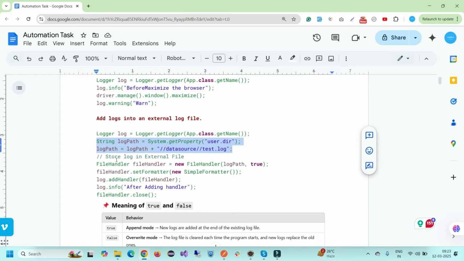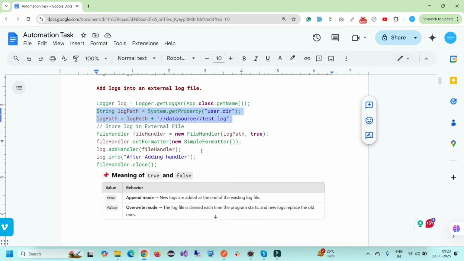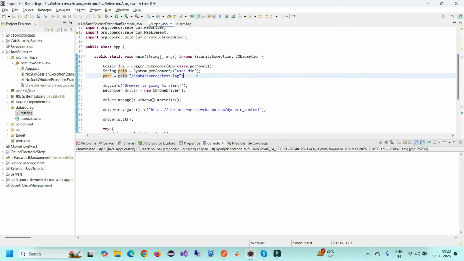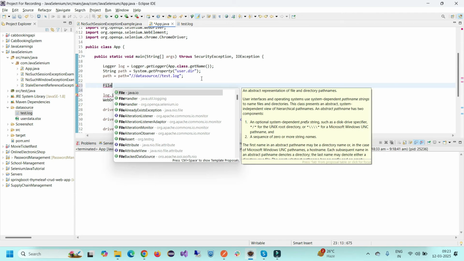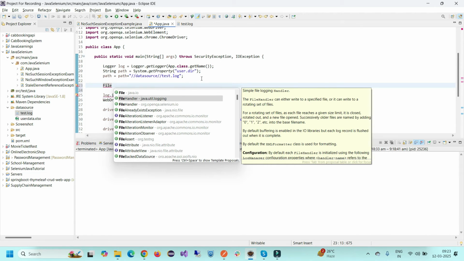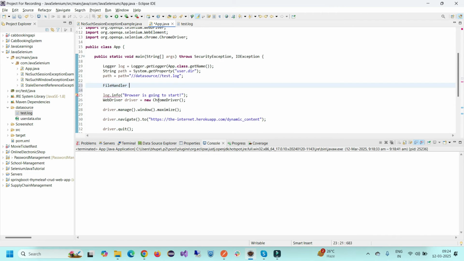Now what we need to do is store the log into an external file. So we are going to perform some file handler operation. This FileHandler class is going to set the format, and then we can communicate with the file. So the next step is, let's implement FileHandler. This is again coming from the util logging package only. Let's say my name is fileHandler equals new